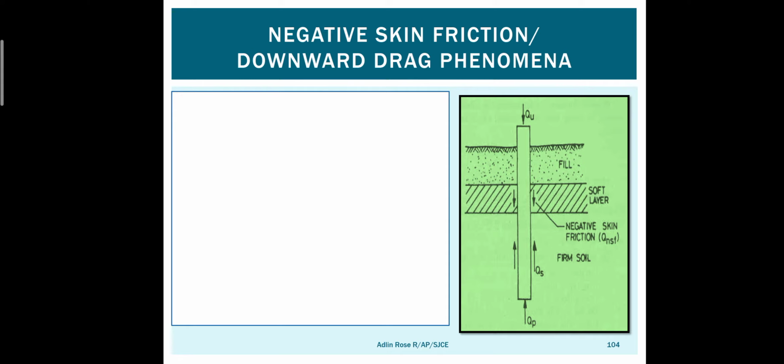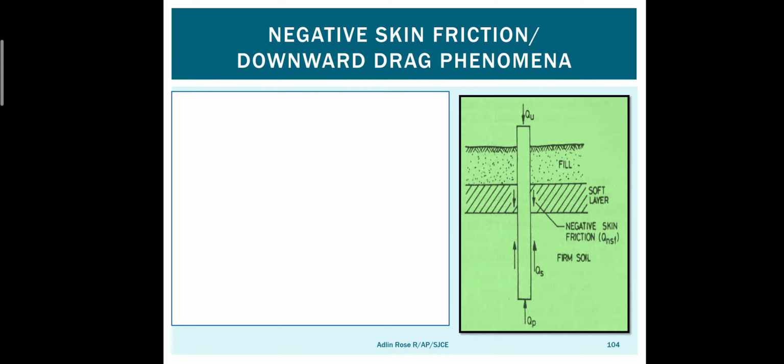Because the soil settlement occurs as there is a downward drag on the pile, especially when it is a fill material. There is a downward drag exerted on the pile. Downward force, instead of giving resistance from the soil, which will keep the equilibrium conditions, instead of giving a resistance, there will be a downward drag that will cause a settlement in the soil outside the pile. The pile will not settle. If the pile settles, it means the building has failed. So the pile will not settle, the soil will settle, especially if it is fill material, because of the downward drag exerted by the soil on the pile.